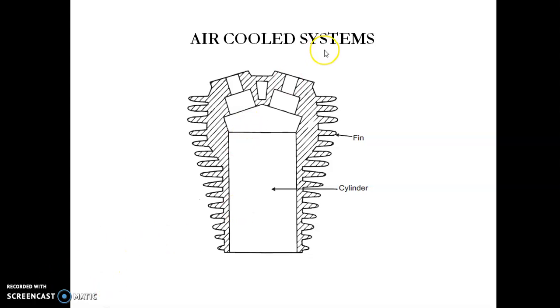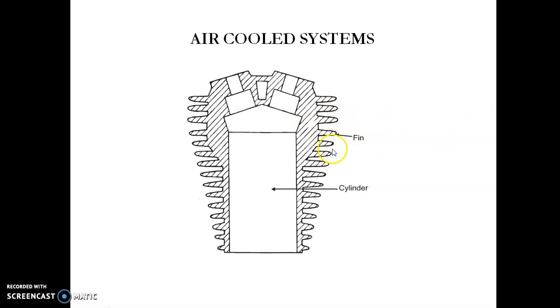The first one is the air cooled engine system. Normally in an air cooled system, the cooling medium available for the engine is the ambient air. It is used wherever there is a low capacity engine where the amount of heat generated is very little, typically two wheelers. These are single cylinder engines, either diesel or petrol, two stroke or four stroke. In a single cylinder engine the quantity of fuel burnt in the cylinder is less, so the heat liberated is less. Therefore, the ambient air is enough to cool the engine, and in order to support the